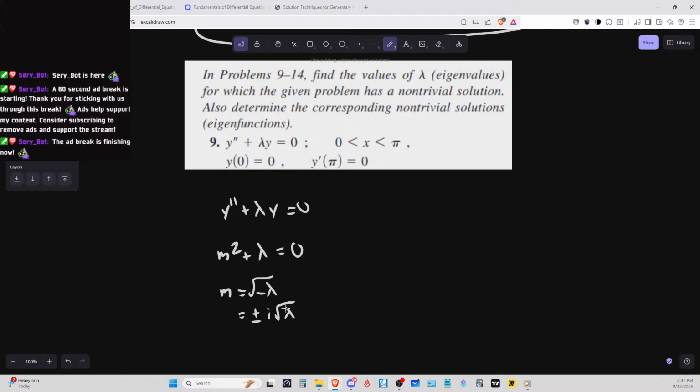Okay. Which means that the way the solution is set up would be, so there's no real part, so there's no e, so we have a cosine of lambda x, and then plus, oop, that's supposed to be sine of